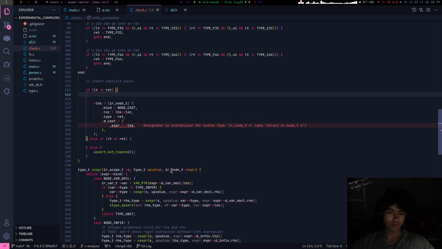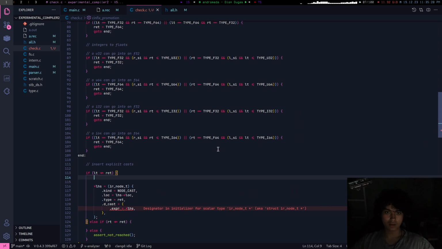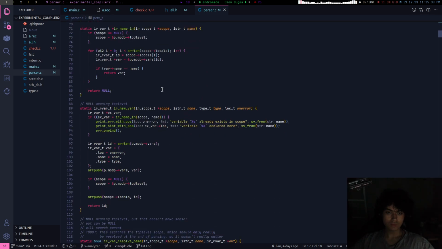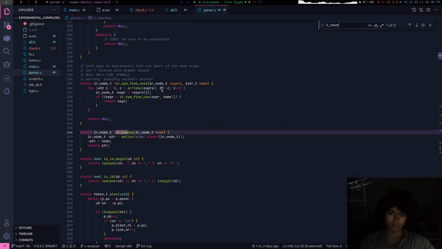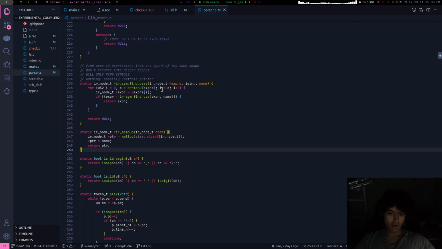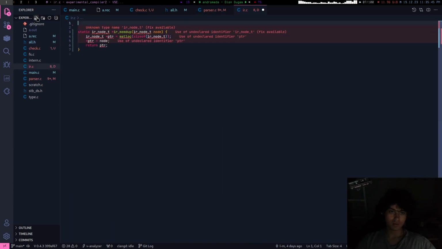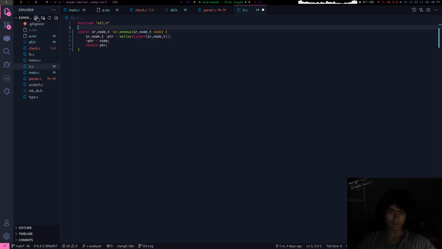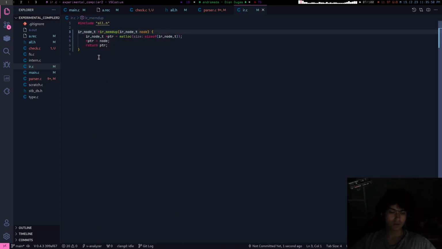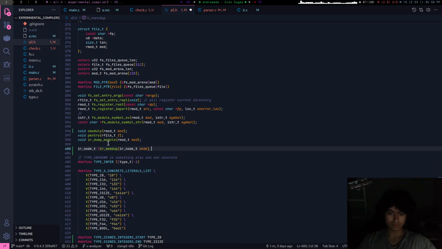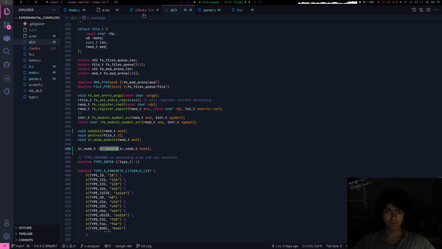Oh, we have to do a dup as well. Do I have that in parser? mem dup. I want to share most of this code, so I'm going to put this here. This isn't a very crazy function, but I'm just going to save it. mem dup.